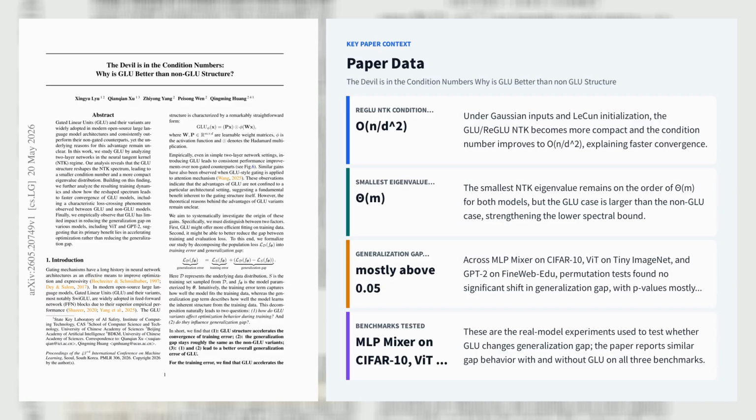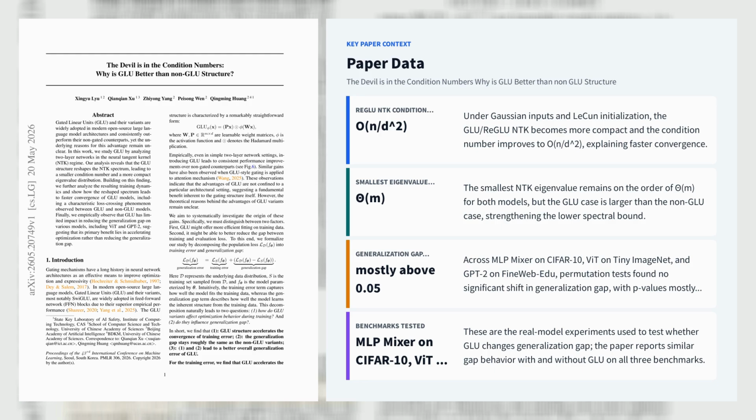Let's explore the third paper. The Devil Is in the Condition Numbers: Why is GLU better than non-GLU structure? This paper explains why GLU and its variants, especially ReGLU and SwiGLU, outperform non-gated feed-forward blocks by tracing the effect to NTK conditioning rather than to a smaller generalization gap. In a two-layer network